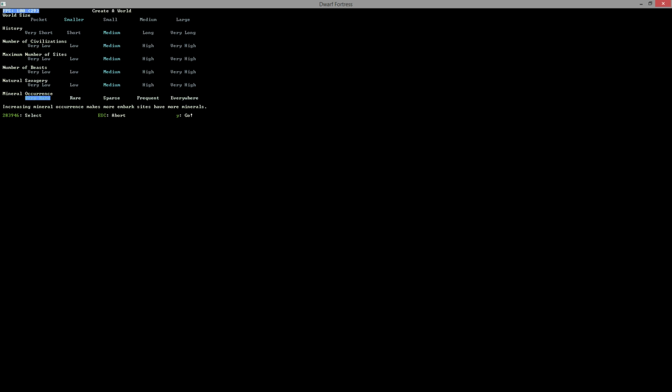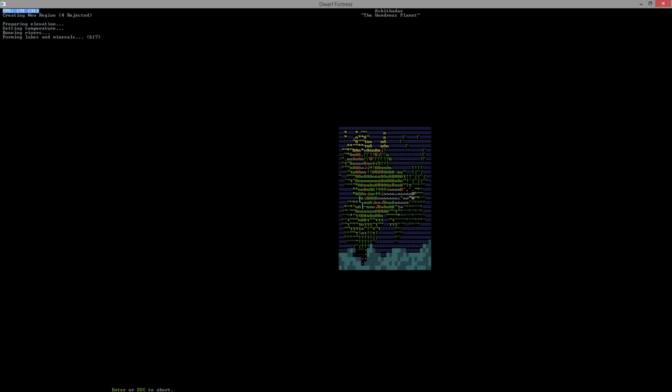If you're looking for more of a challenge where you have to fight with wooden and stone weapons longer, so you're going to need bigger armies to take on the ironclad orcs and whatnot, you could set it for very rare. I really like to use frequent. I don't understand why anyone would use anything but frequent unless they wanted a challenge. I'm just warning you, like I said, there is a bug with everywhere. I don't remember the details of it, but I don't recommend using everywhere. I'd go with frequent. And then once you're done, you can just hit Y to go,